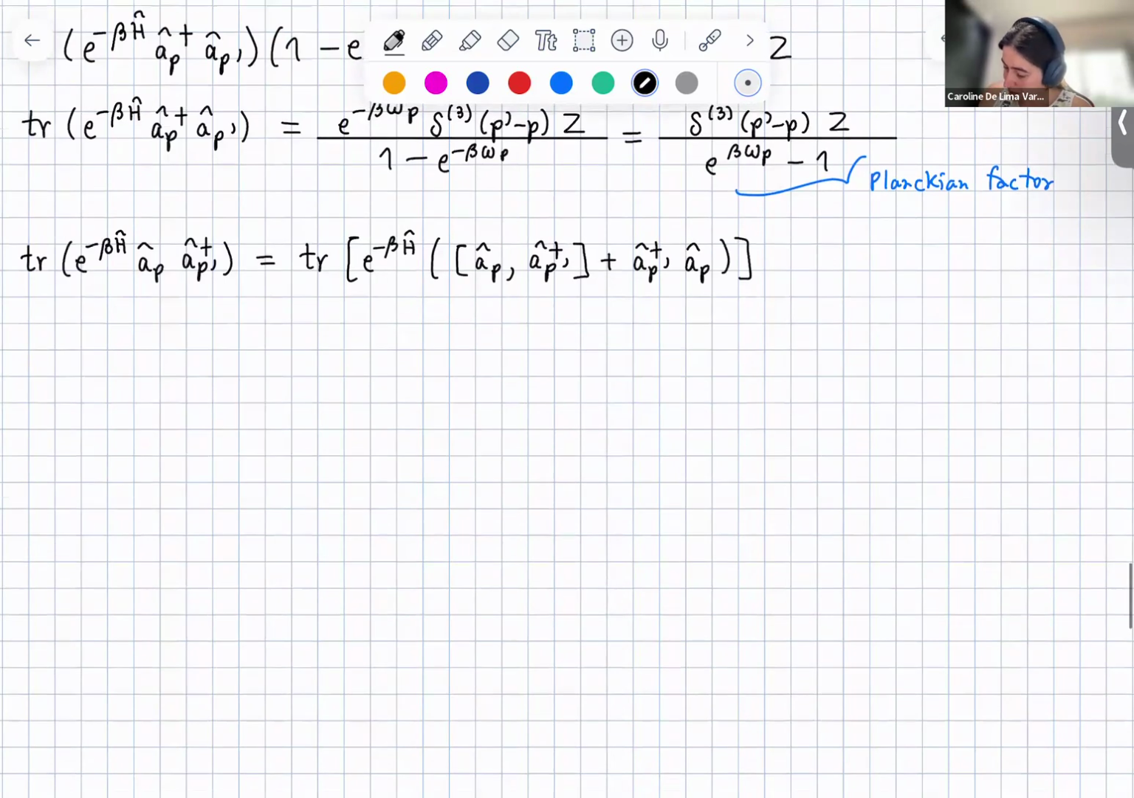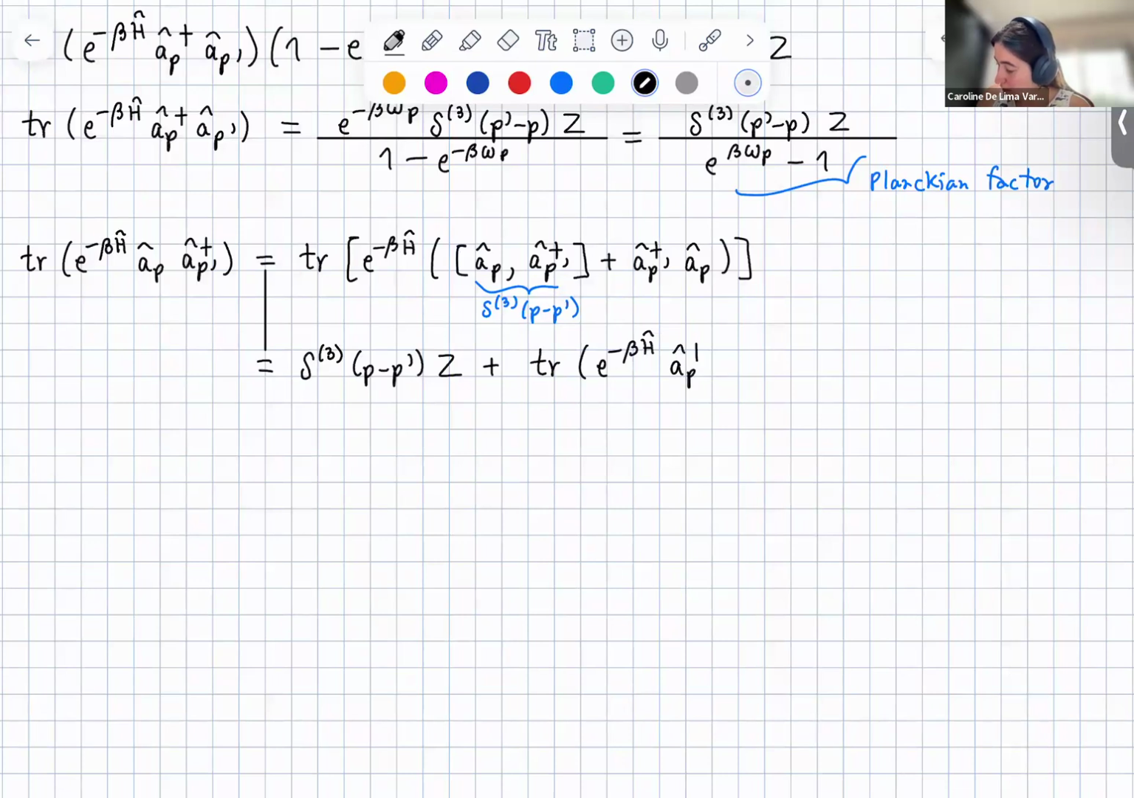So if I open this up, again, similar to what I had before, this is going to be a delta of P minus P prime, right? And the trace that I'm going to have is going to be Z again, right? So I have a delta 3 of P minus P prime times the Z. This is just the first term. And then for the second term, I'm going to have the trace of e to the minus beta H times A_P' dagger